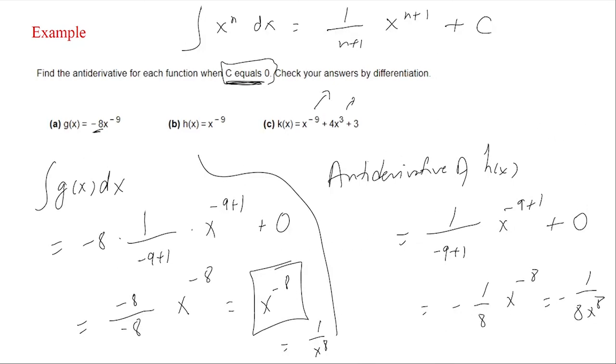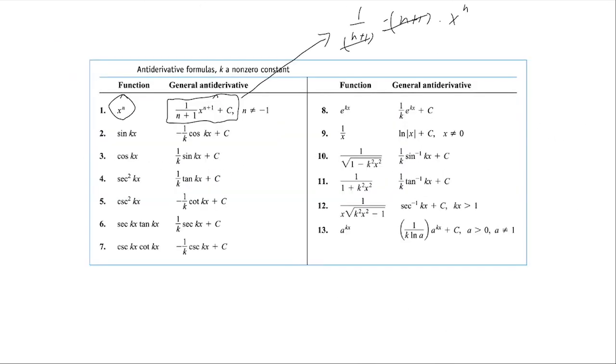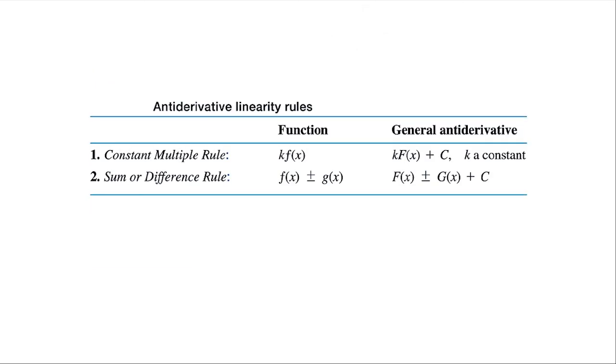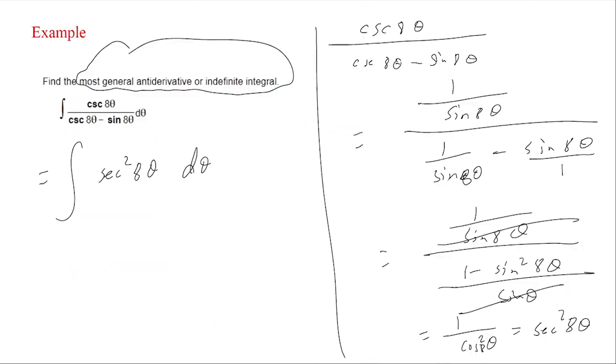So let's go back to that table and try to find the formula which gives me the antiderivative of secant square kx. Here k is 8 in our case. So the solution would be 1 over k tan kx. So I'm going to just copy that formula here. The formula is integration of secant square k theta d theta is 1 over k tan square k theta